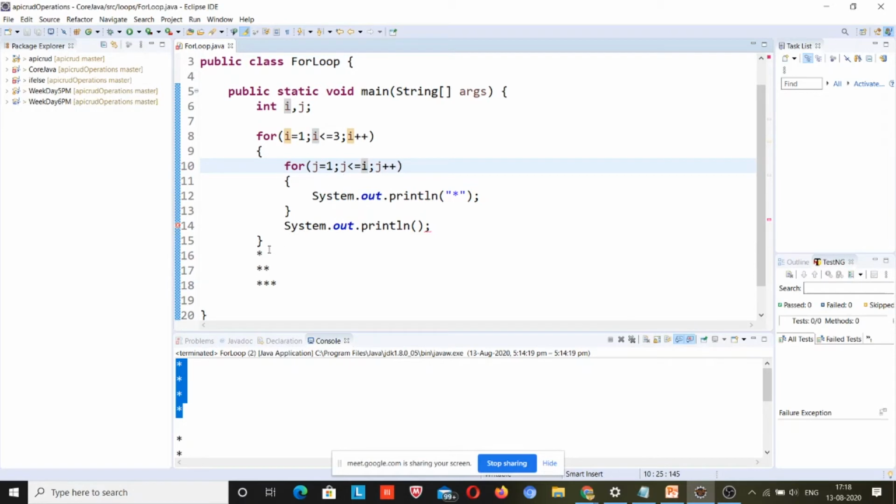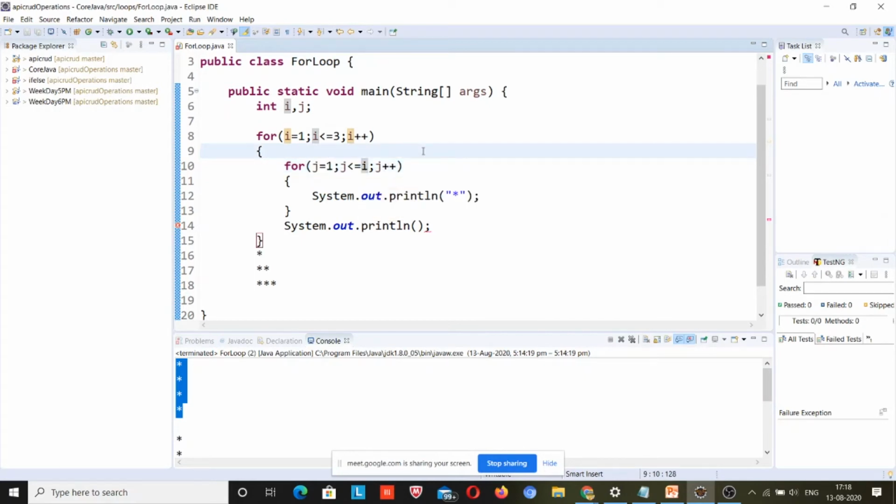You want this star to be printed exactly i number of times. Suppose the i value is 1, then you want this to be printed 1 time only. So how is it possible? This will be possible if I assign this i value to j. So this j will loop only as many times as the number i, right?